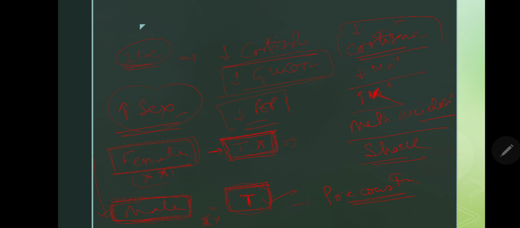So these are the features of 21 alpha hydroxylase deficiency, and the child typically presents 5 to 7 days after birth when the mother's steroid is decreased in the body. Before that, the mother's steroid is transferred from the mother to the child through the placenta. As the cortisol and corticosteroid levels decrease and there is no production of these hormones, the child goes into shock, and there is also increased salt loss. This is called salt wasting, as an increased amount of sodium is going out, and that is called salt wasting shock. That means there is marked lethargy and hypoglycemia. The child is in shock, and there is profuse polyuria.